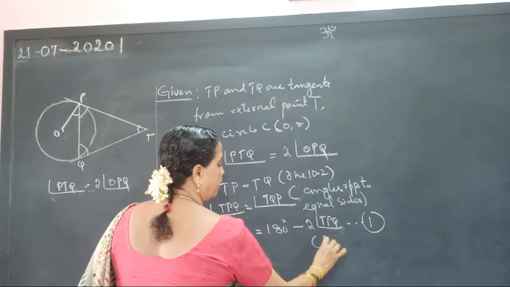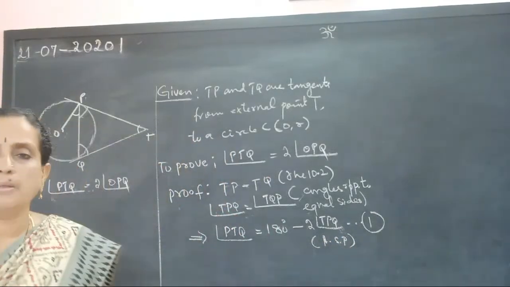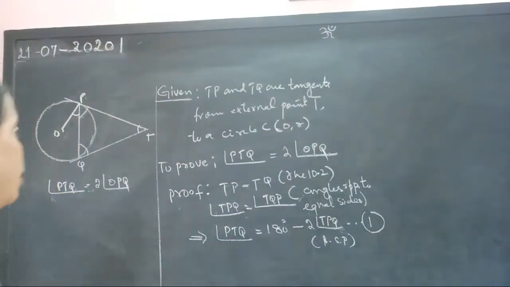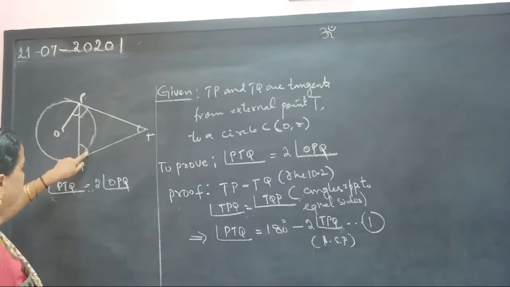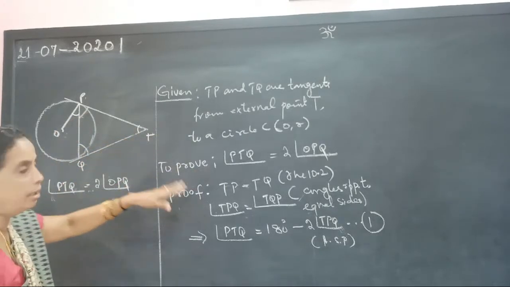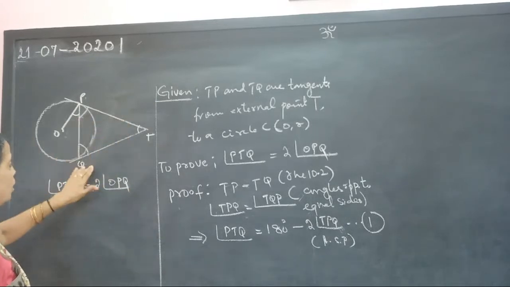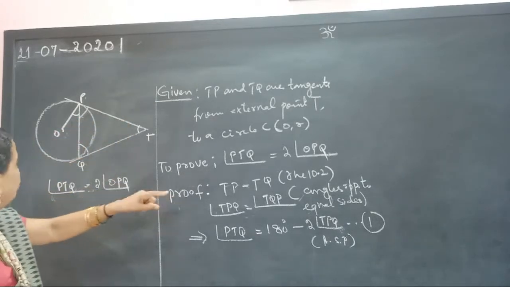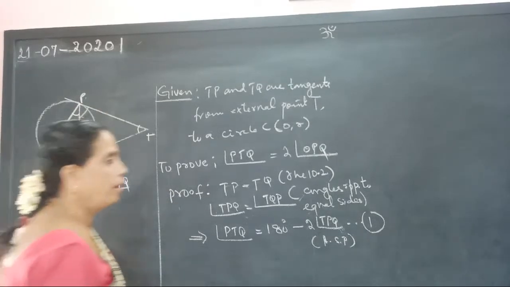Angle sum property. I didn't show taking all the 3 angles and then subtracting. Directly I took these two as equal. So the sum of these 3 angles is 180. This angle can be taken as 180 minus these two. Since they are equal, I have taken 2 times angle TPQ. Is it clear? Now again,